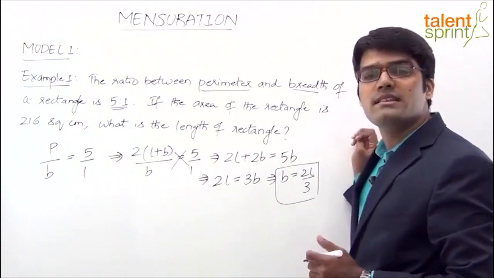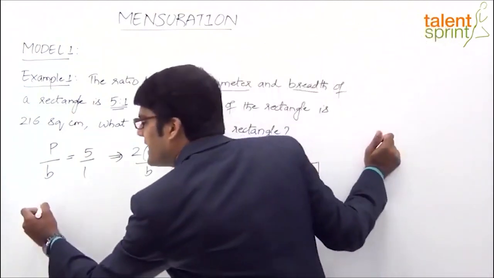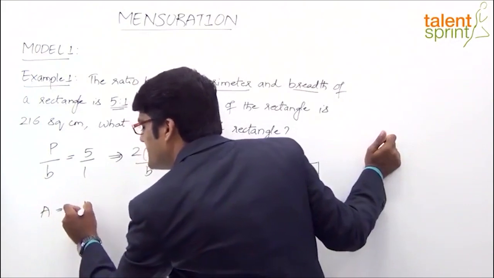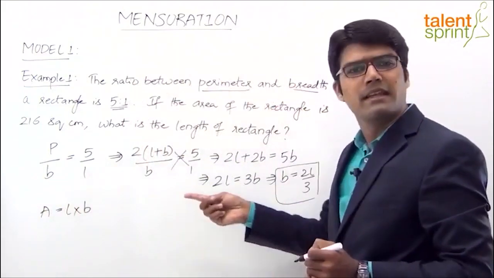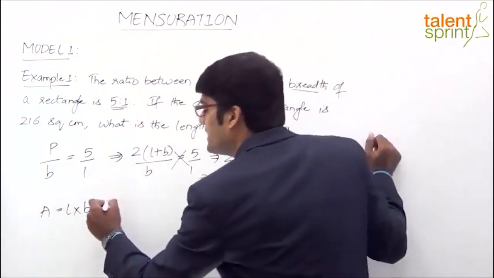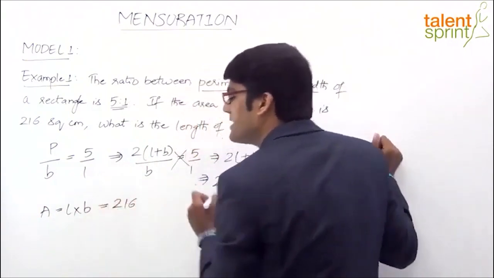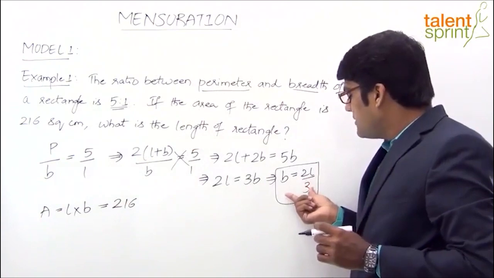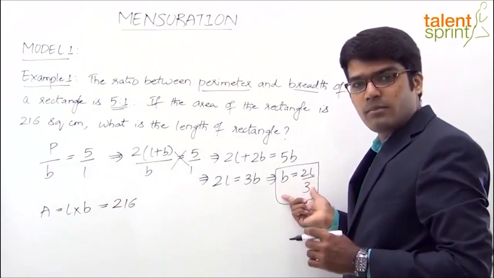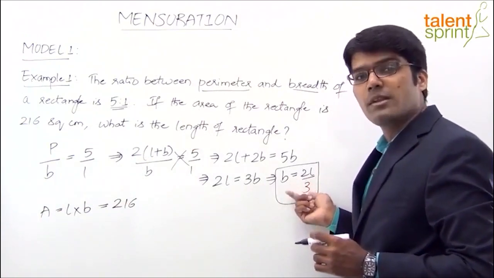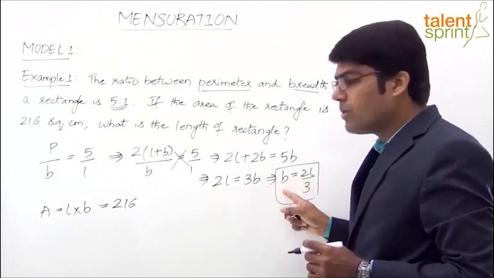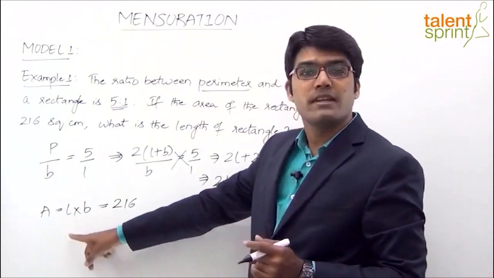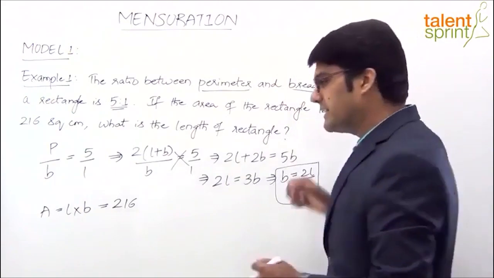एरिया ऑफ द रेक्टेंगल इज 216 स्क्वायर सेंटीमीटर। एरिया ऑफ द रेक्टेंगल क्या होता है, लेंथ इनटू ब्रेड्थ, राइट? ये बेसिक फॉर्मूले हैं पेरीमीटर और एरिया के। एरिया है लेंथ इनटू ब्रेड्थ, जो कि दी गई है 216 स्क्वायर सेंटीमीटर्स। अब ब्रेड्थ हम जानते हैं कि 2L/3 है, राइट? ब्रेड्थ को हमने लेंथ के टर्म्स में ऑलरेडी एस्टैब्लिश किया है 2L/3। तो इसी इक्वेशन को हम एरिया के फॉर्मूले में सब्स्टिट्यूट करके लेंथ कैलकुलेट कर सकते हैं।